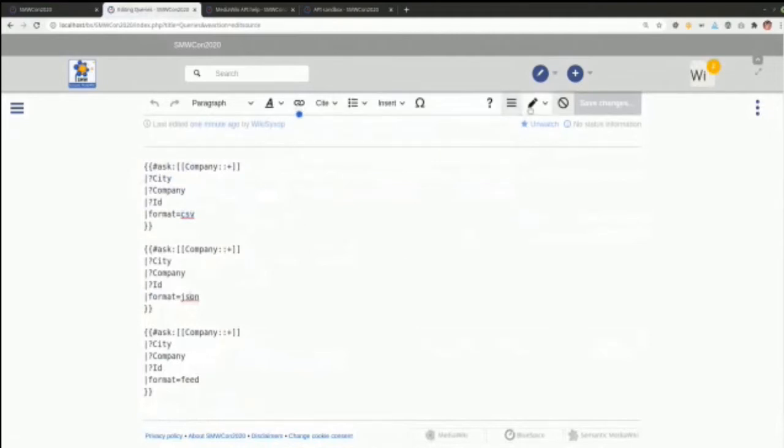And instead of creating a real output here, the Semantic MediaWiki will create those links. And if you click those links, it will provide you with a download of those files. For example, here that CSV file. You can see I can now open my spreadsheet application,